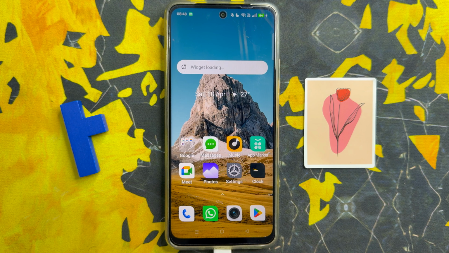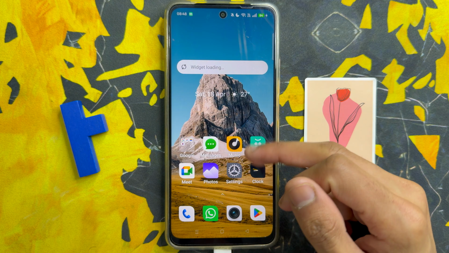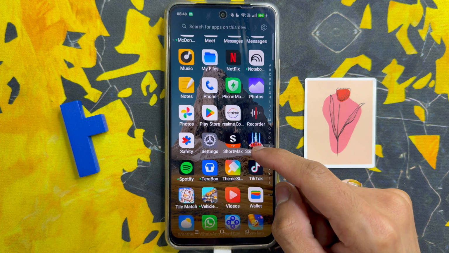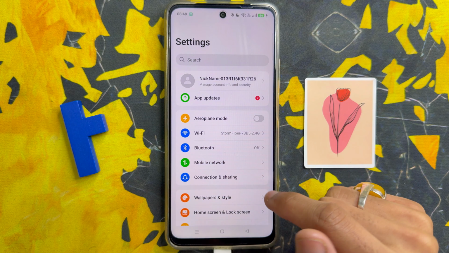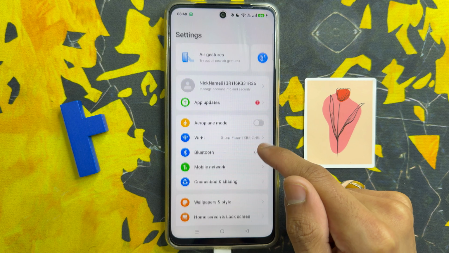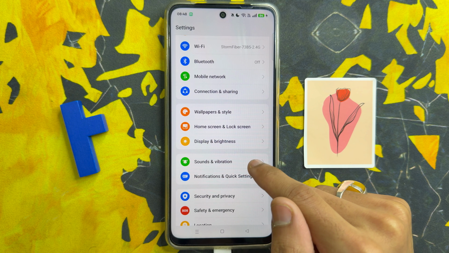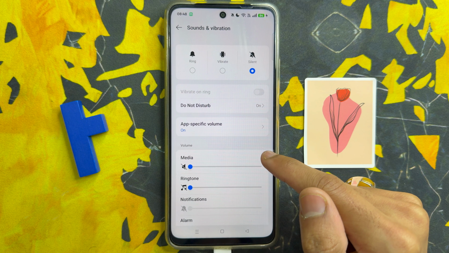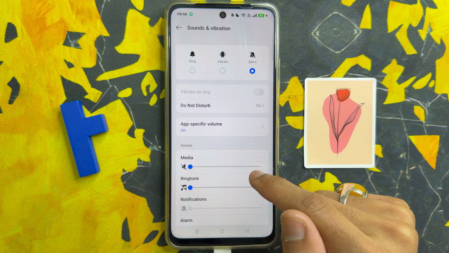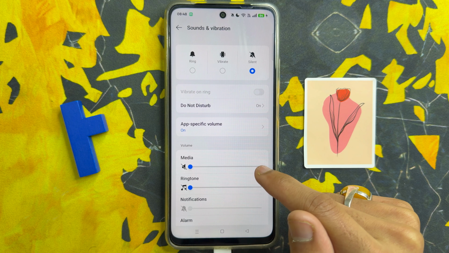So go to app library. Here click on settings app. Now in settings, scroll down and click on sound and vibration. After click on sound and vibration, if you want to fix this problem, so turn off